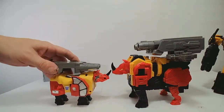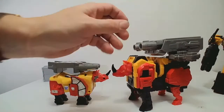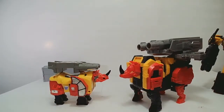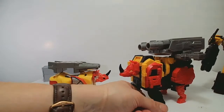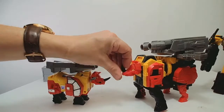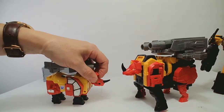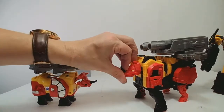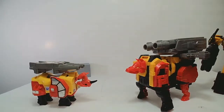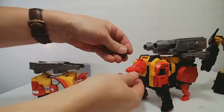He does have that. But once again, there's really not a whole lot more posability in this creature than there is in this. There's a little bit more. You've got the front legs that can do some stuff. But other than that, this one can actually kind of buck his head and really use his horn. This one cannot tip his head forward, which, oh, well, we'll have to find that later. I see it, but so that's a feature? The missile launching nose? I guess the nose...